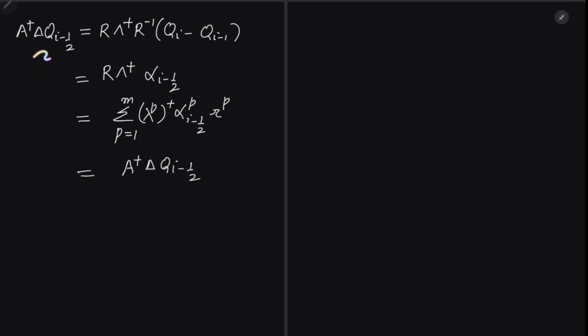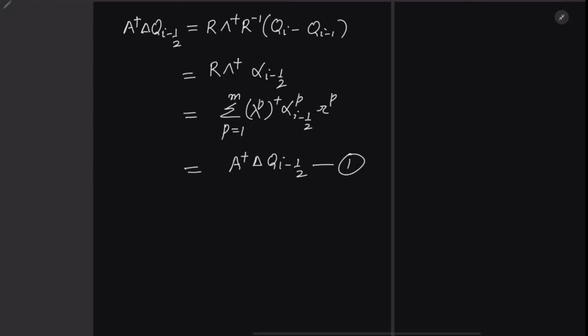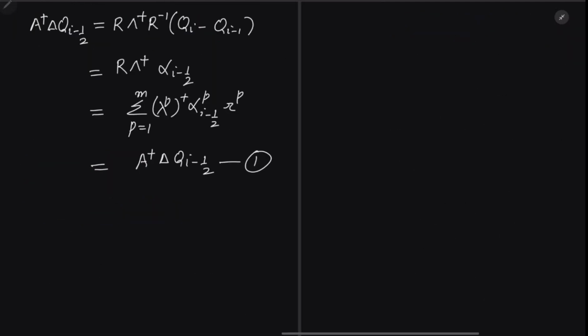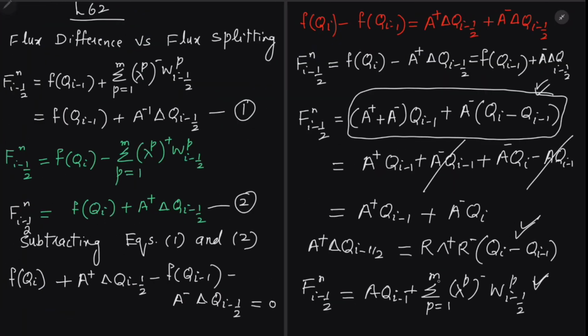That is where we started the value. Let me just call it 1, and actually we want to understand where this is coming from. Then we have, for example, one equation Fn i minus 1 half, which actually I have written over here,